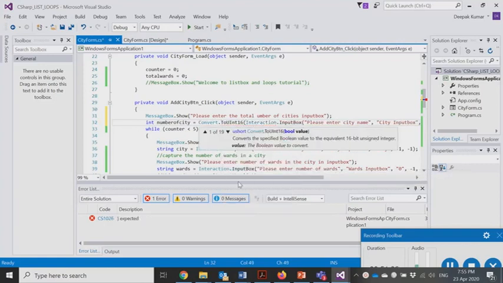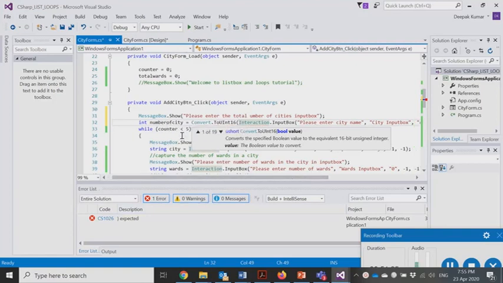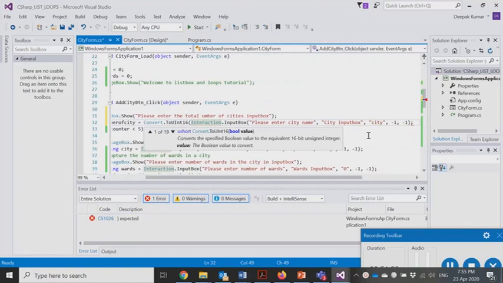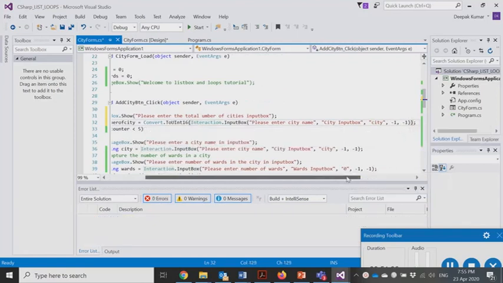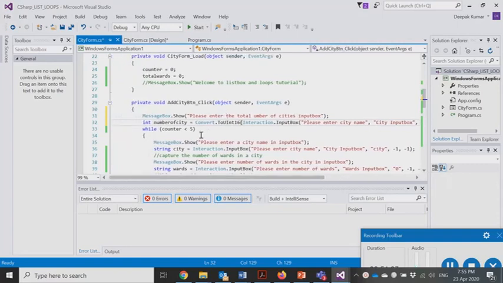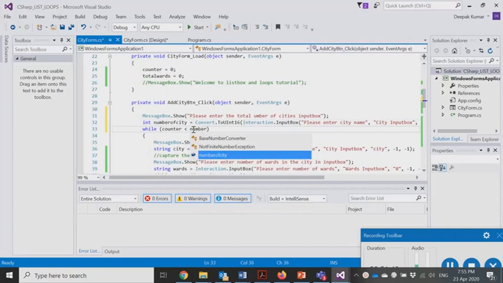So you have to convert that into integer, and then you can pick up the number of cities. So now here in the while loop, instead of saying 5, you would be basically using the number of city variable here.